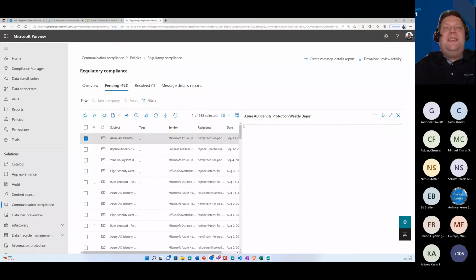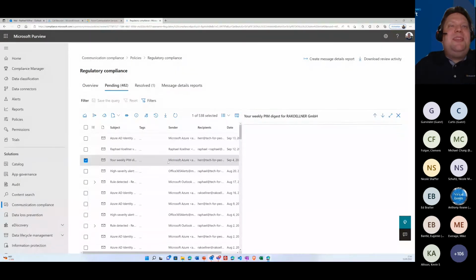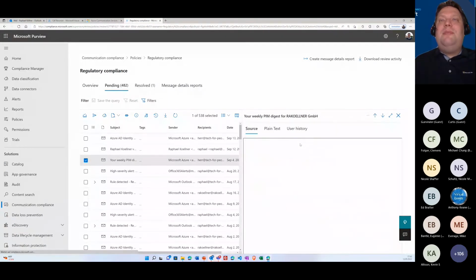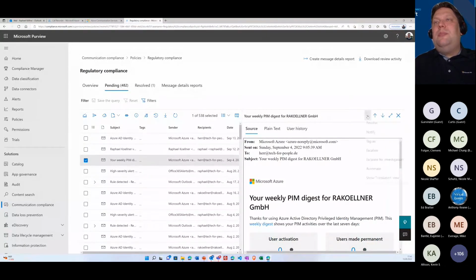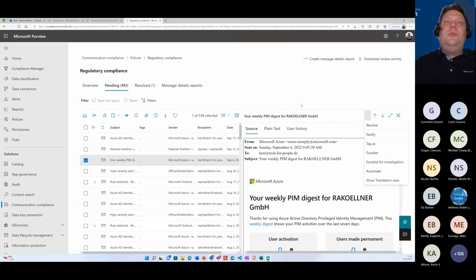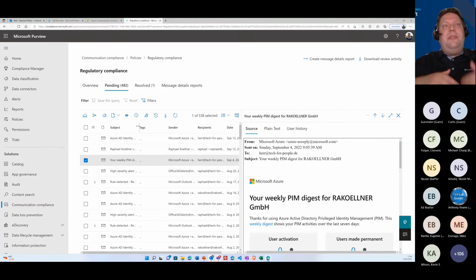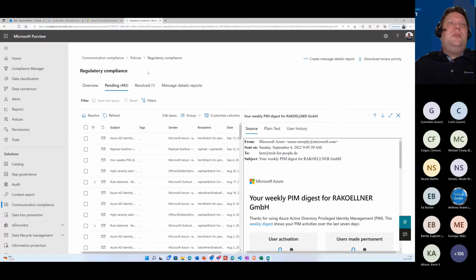Yeah, here we have the Azure ID. Perfectly. No, the PIM, we want to use the PIM email. We see the PIM email here, and you see it in my screenshots, and said, okay, have a look at the user history, or escalate this one, or automate with Power Automate at the end, so we can work with Exchange emails here very well. We can have a look at a preview. You need the role, the communication compliance analyst, to see the text. You have different roles, for example, an administrator who doesn't need to see the email. So very cool. You have such a workflow to work with and control email communication with communication compliance.